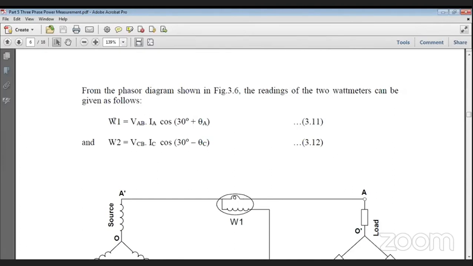This is a very, very typical reading of the 2 wattmeter method. And again, I repeat, this is what is asked in interviews. And by the way, let me tell you, it is not only asked in a core company interview, it is also asked by TCS. Take it from me, because my friends are now all sitting on the interview board and they ask this question. Because they want to see whether you have understood the basics of engineering. You will all be able to do software if you are given proper training, but whether you have understood the basics.